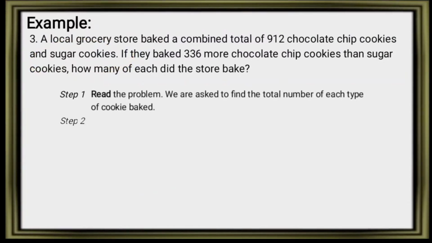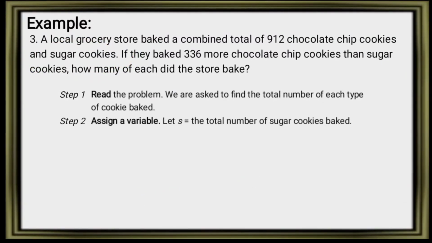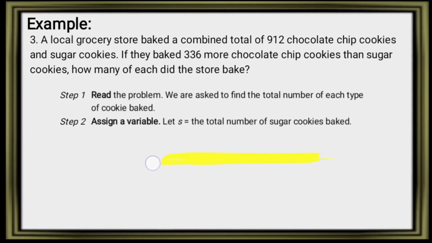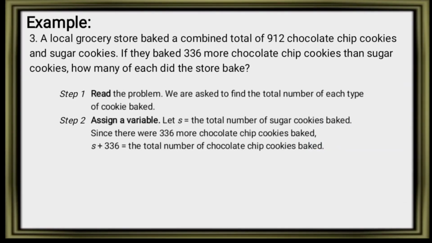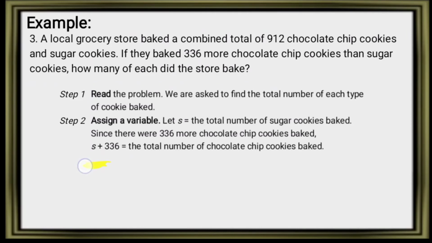Okay. So number 2, assign a variable. Let S be the number of sugar cookies baked. Then it says that there were 336 more chocolate chip cookies than sugar cookies baked. Okay, 336 more means we have to add 336 to the sugar cookies to represent the chocolate chip cookies. So as you can see, the chocolate chip cookies is 336 more